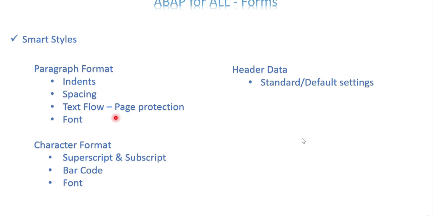In that scenario, you can create one paragraph format and keep it as the default one. Whenever the header data has a paragraph format, that is the default for your entire smart form. If any paragraph format is explicitly applied, then this default is overridden. Otherwise it's going to take it from the default paragraph format with the help of header data. Those things you're going to see in Smart Styles also. And apart from that,